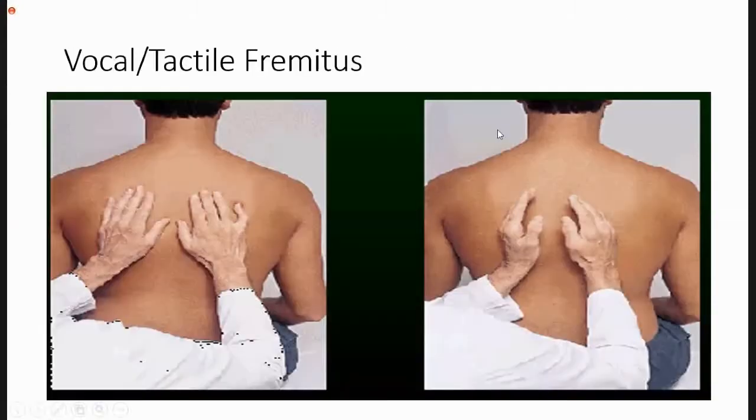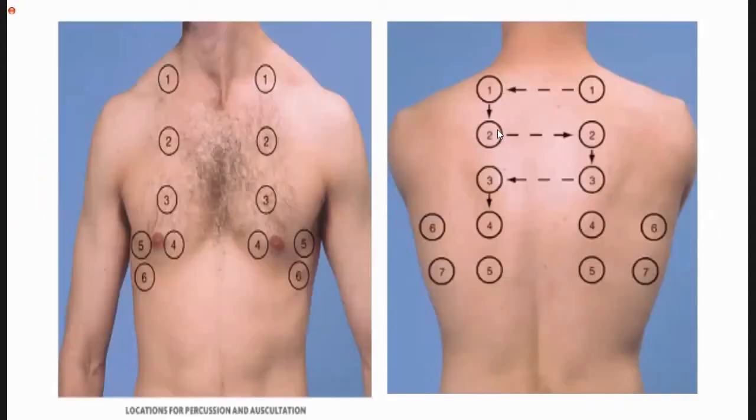Okay. One thing we missed in this video was how to look for vocal or tactile fremitus. Vocal and tactile fremitus, we look for on palpation actually. You have to put the lateral side of your hand on the sides we have to percuss. These are the sides we need to percuss or auscultate. These are the common usual sites which we focus on and auscultate during the respiratory examination.